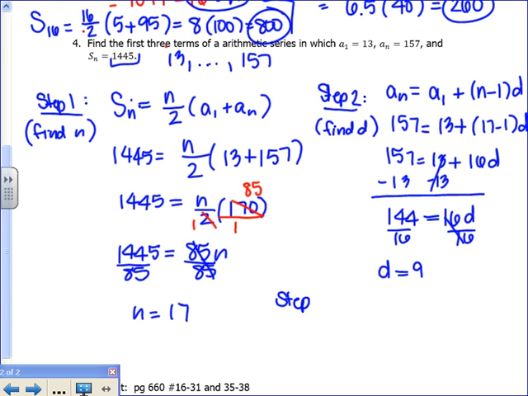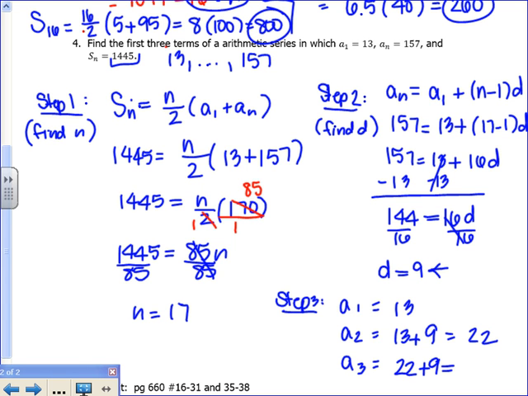Now, step 3, last step, and we are done. This is basically just writing out our answer. The question asked us again in the beginning, find the first three terms of the sequence. We want a1, we want a2, we want a3. So a1 in this case we already knew was 13. We already had part of the answer done. Now to get to a2, we're going to take our 13 and add 9 to it. Remember, that's why we needed to do all of these steps to find this 9 right here. So 13 plus 9 is going to give me 22. And then to get to the next one, we're just going to add 9 again to 22, and we get 31. So our answer is 13,